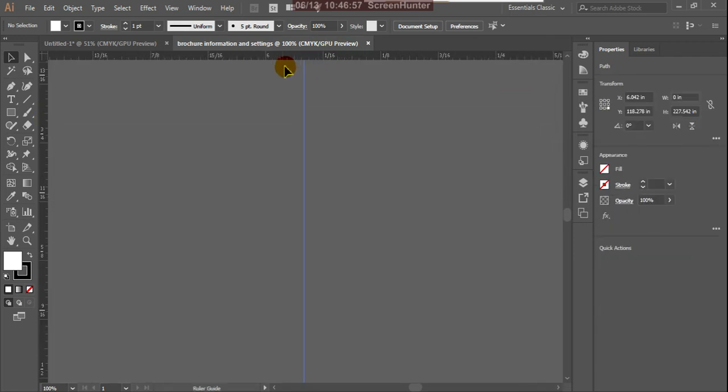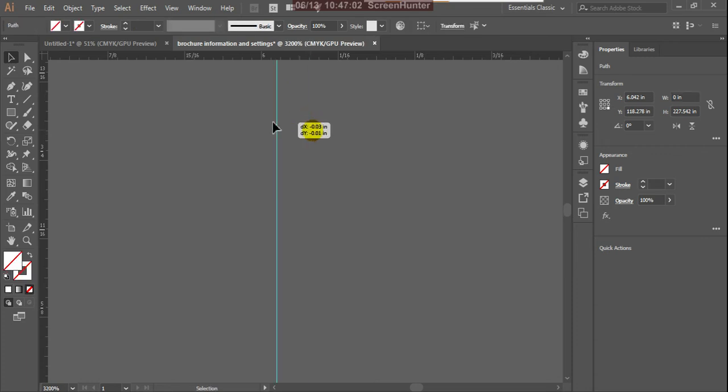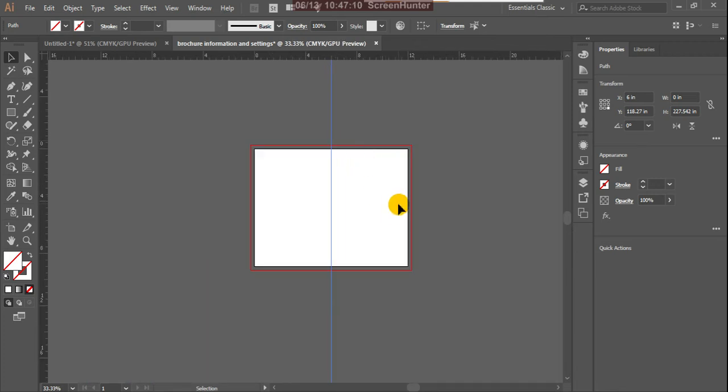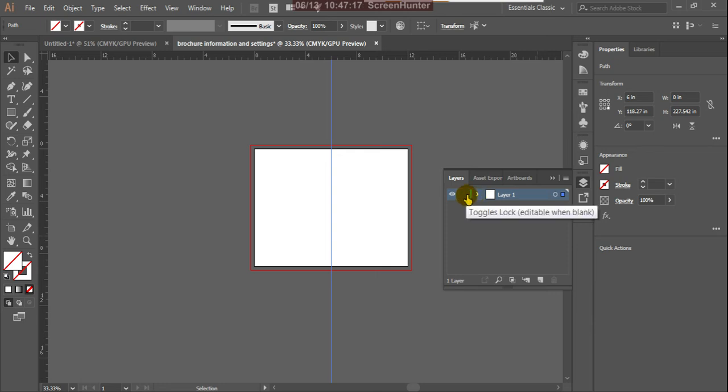Put the ruler guide here and you can zoom in, and exactly 6 inches width it is showing. Now you can lock this. For the time being you can lock this.